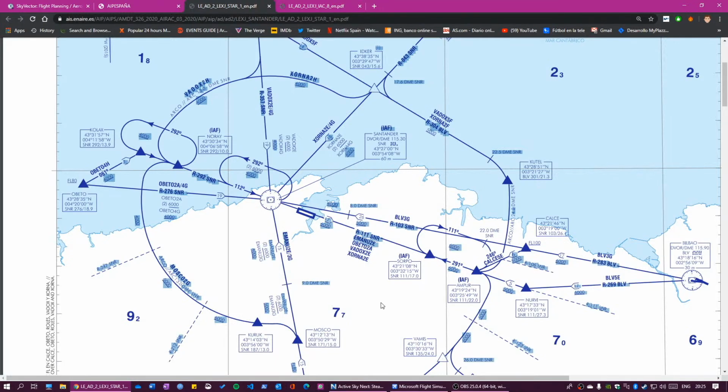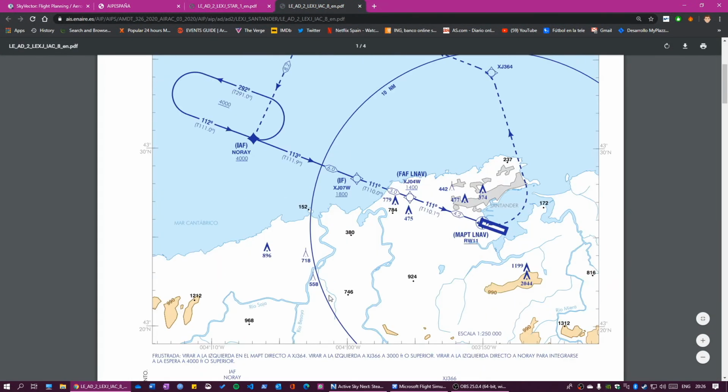Let me just look at the charts here. Flight level 8,000. Then at COLEX we need to be at or above 4,000. And that's when we'll take the 292 to this VOR, which is the 112. Okay, it's the 112, and that'll probably put us on a straight to runway 111. If we take a look at the visual approach,